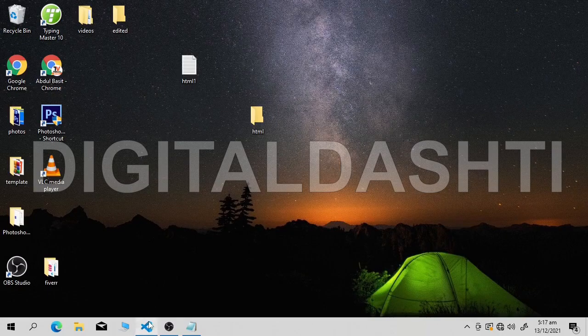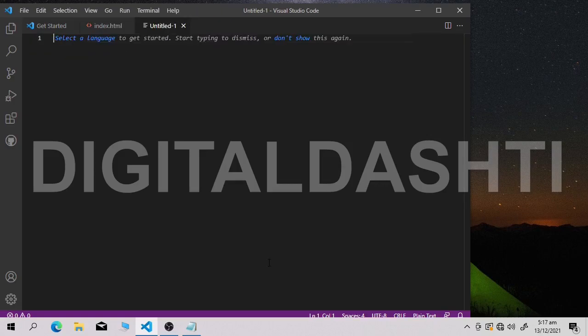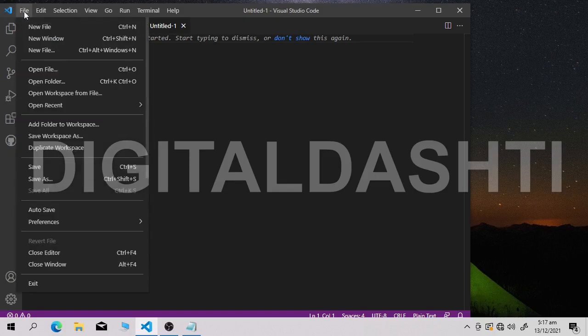So go in your code editor and press Control N. Whenever you press Control N, it will create a page for us. Fine. And we will save this page. I will go in File. You can also use shortcut keys because it makes our work easier. It saves our time actually. So use Control S. Here you can see save, shortcut key is there, Control S.